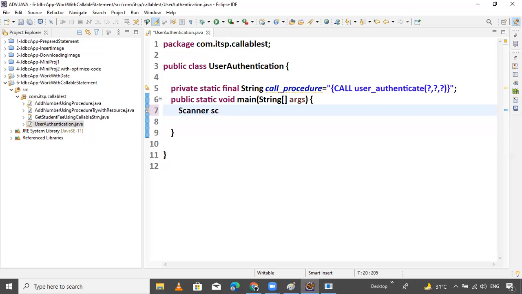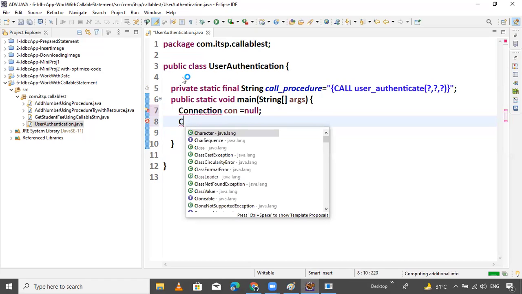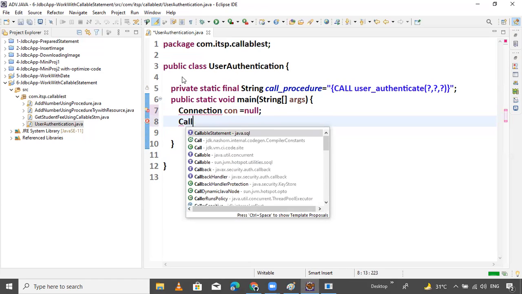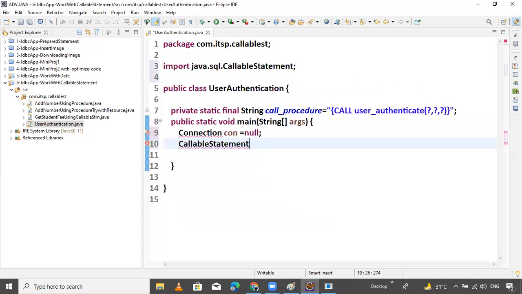Suppose first we declare some variables. Connection con equals to null, and the callable statement, CST equals to null.